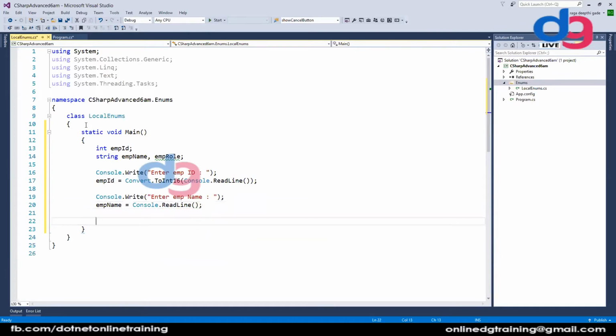Now let's say EMP role, we are deciding what is his role. So let's say we gave the developer role to him, or some HR role, or some accountant, some kind of role we have given to the user.